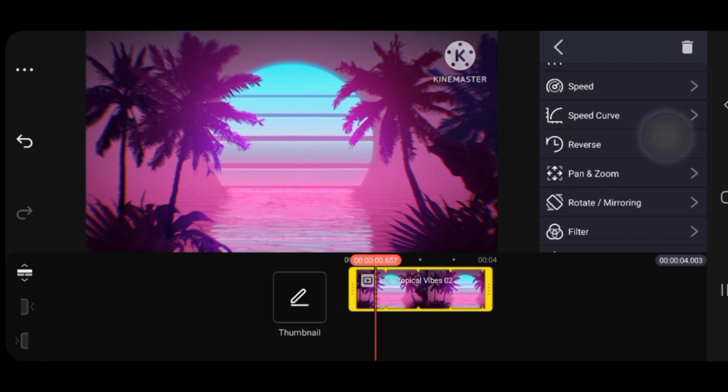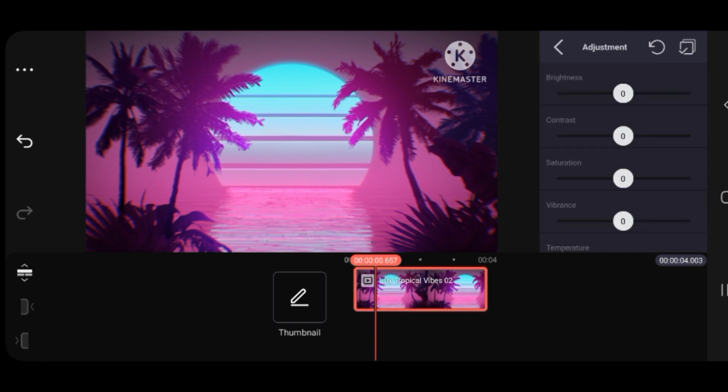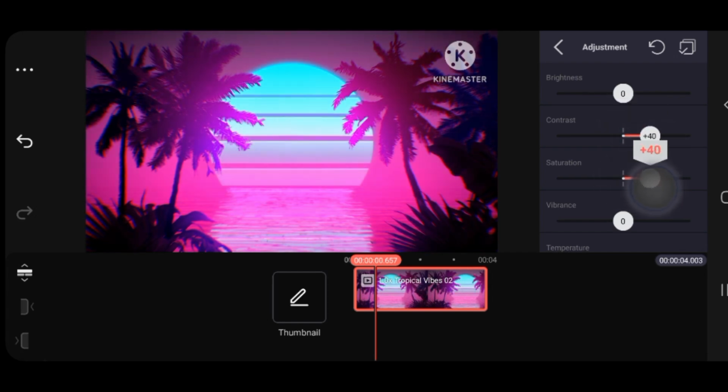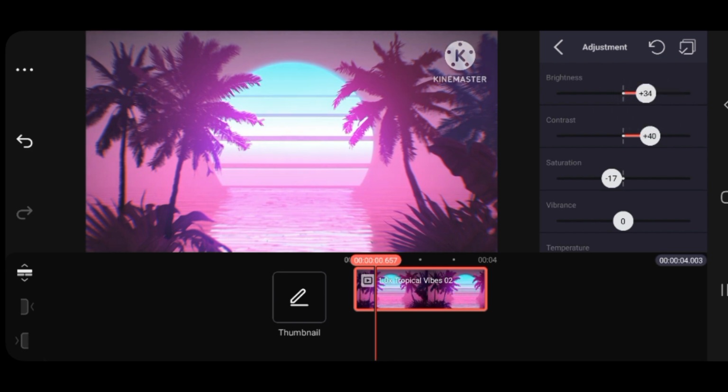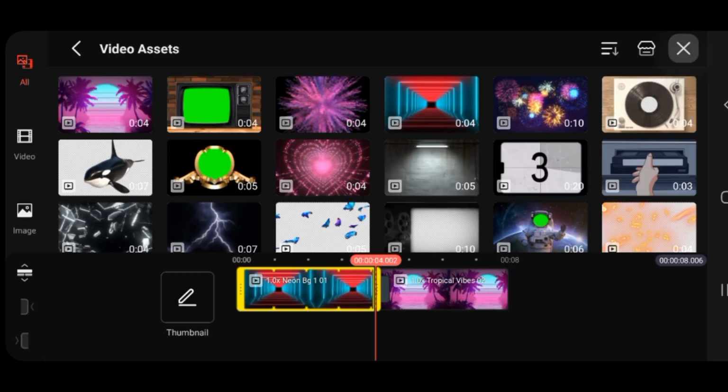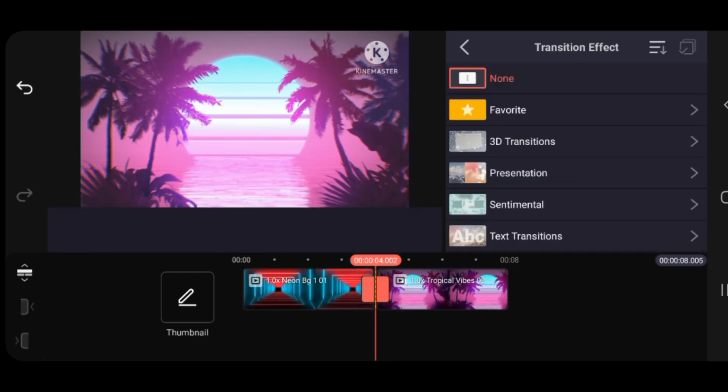Use the adjustment feature to apply cinematic color grading, increase contrast, adjust saturation, and tweak brightness to create a dramatic and film-like look. Add cinematic transitions between clips, such as fades, cross dissolves, or slide effects, to keep the flow